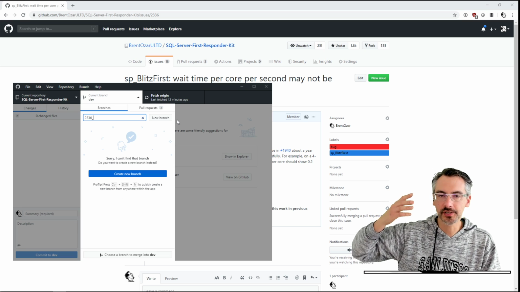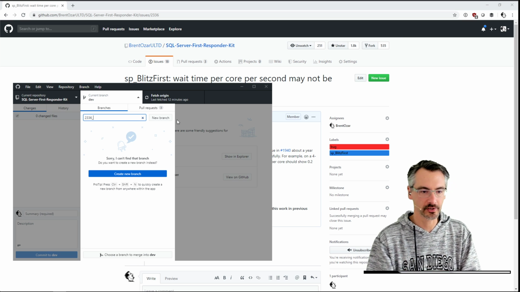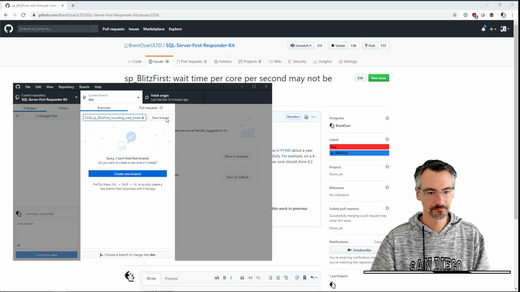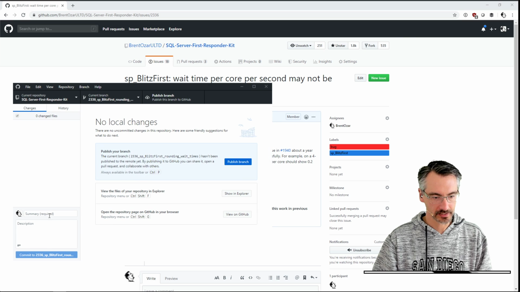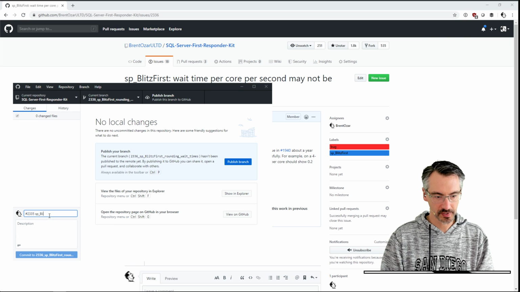We name our branches after the issue number in GitHub just to make things easy to tie together. SPBlitz first, rounding, wait times, new branch. Create my branch, and then the summary of my fix is going to be related to 2336, SPBlitz first, rounding wait times,